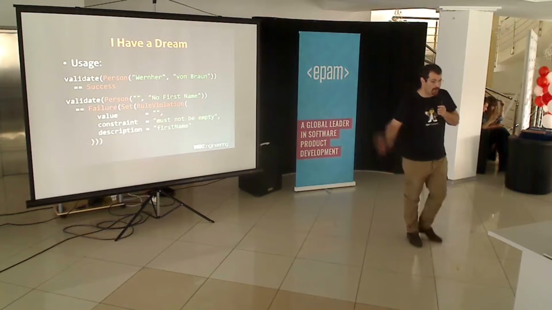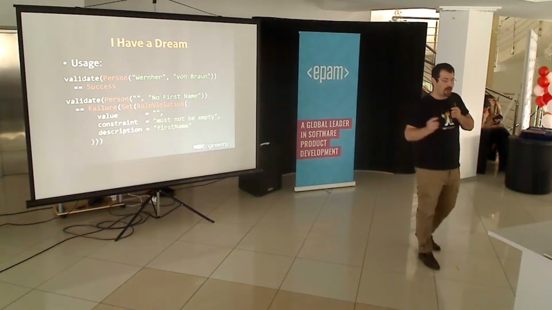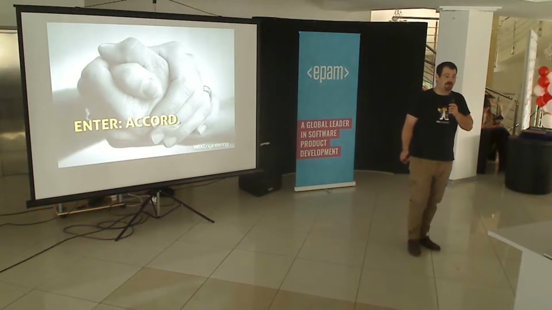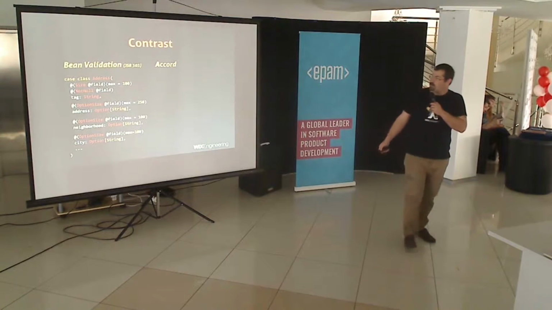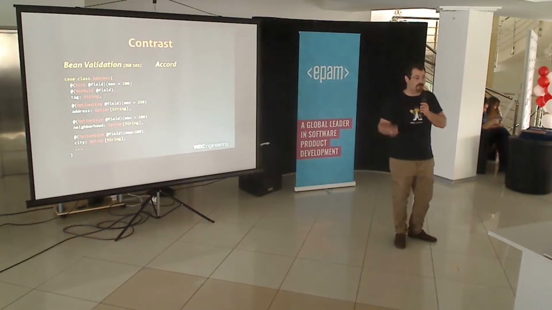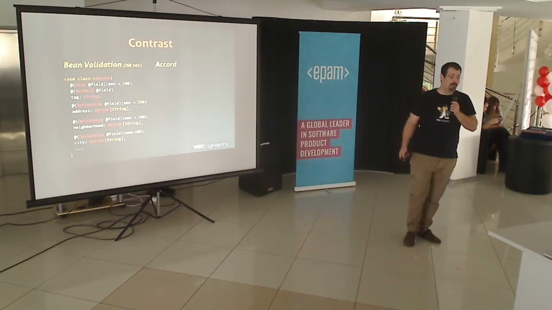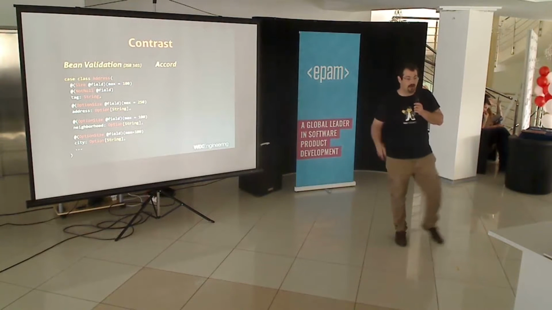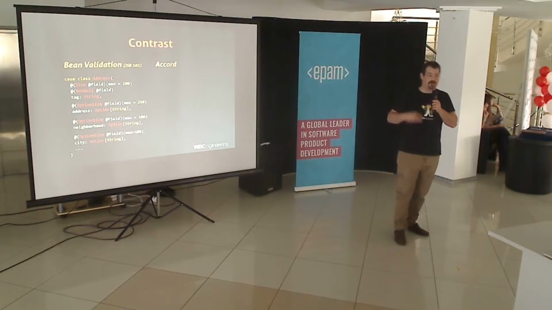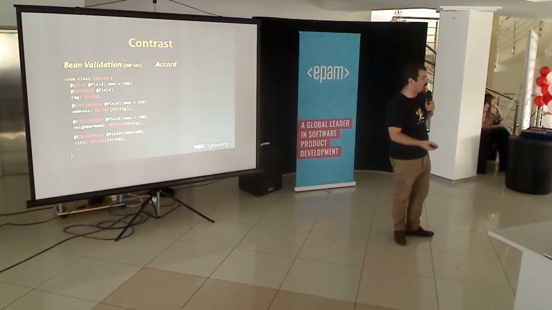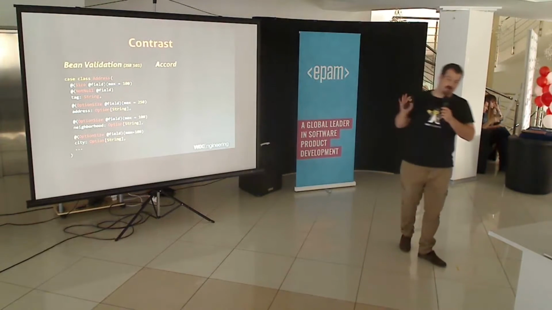So this is literally what we started off with in terms of design goals, and it ended up being an open source library called Accord. Contrast that to Bean Validation, which a lot of you probably know. Bean Validation is annotation based. You import javax.validation, and then you have these @Size, @NotNull, etc. Various constraints that you can annotate your fields with. Now, that kind of works fine in Java because Java has very limited